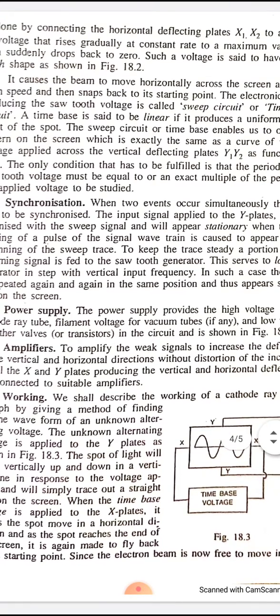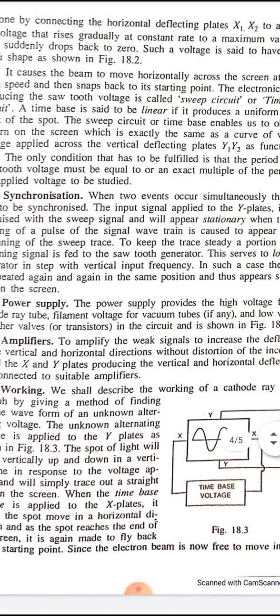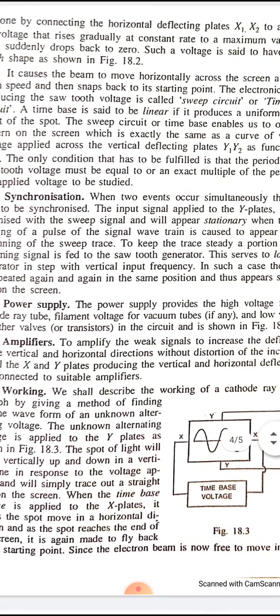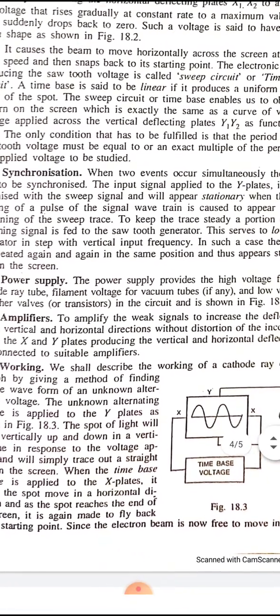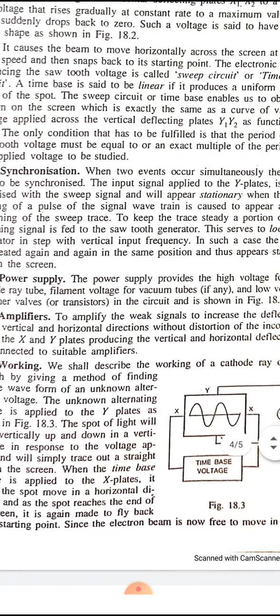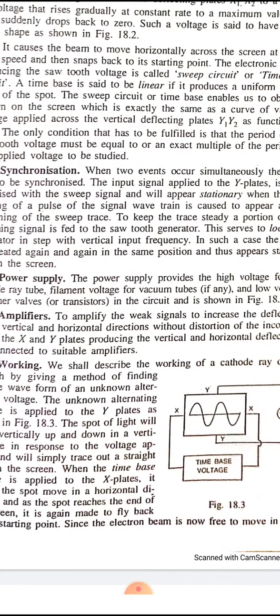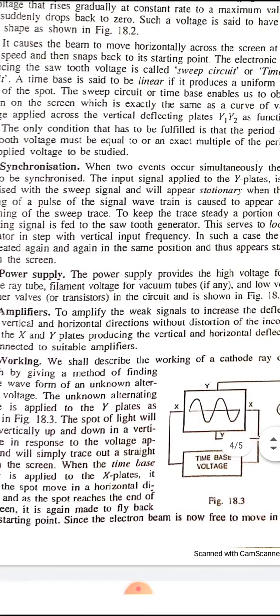To keep the trace steady, a portion of the incoming signal is fed to the sawtooth generator. This serves to lock the generator in step with the vertical input frequency. In such a case, the trace is repeated again and again in the same position and thus appears stationary on